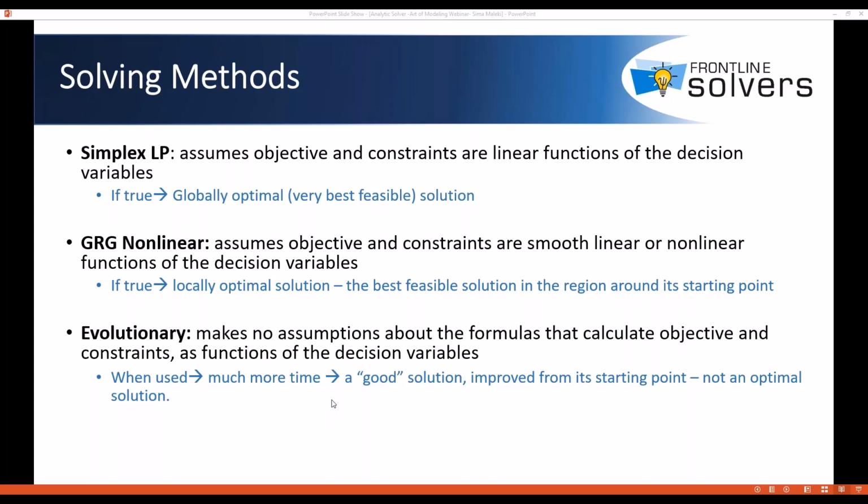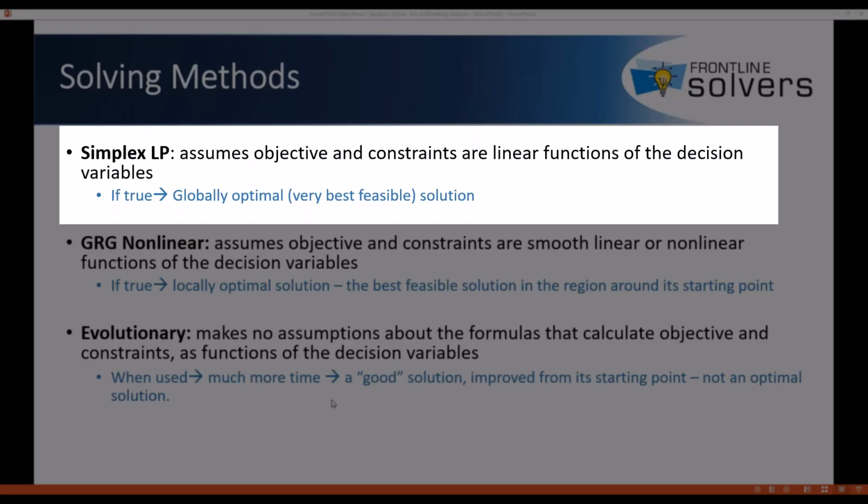These three solving methods make different assumptions about how your model behaves. These assumptions allow solver to be selective about which decision variables to change and by how much, enabling it to find solutions much faster. If you're using the simplex method, it already assumes that formulas that calculate your constraints and objective are all linear functions of decision variables. And if that's true, this solver can quickly find globally optimal, meaning the best guaranteed optimal solution for you,